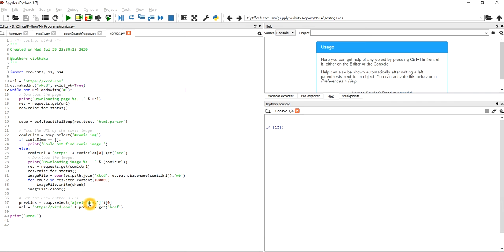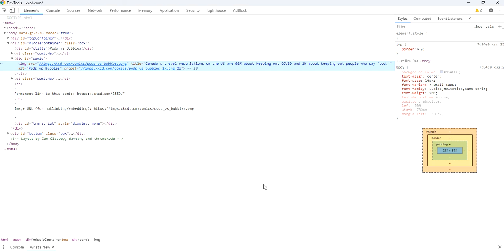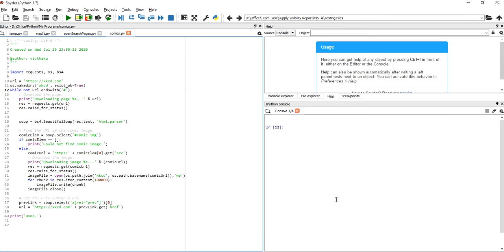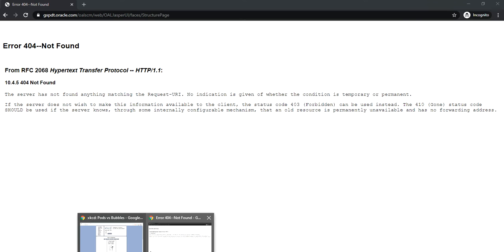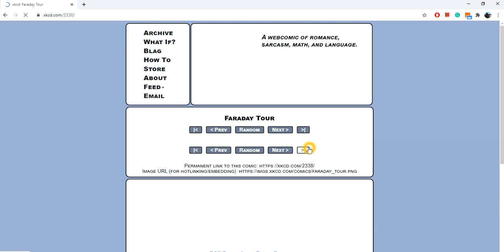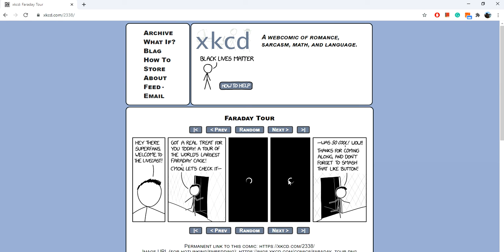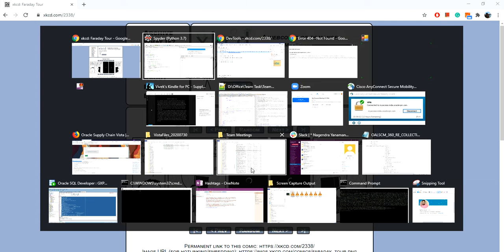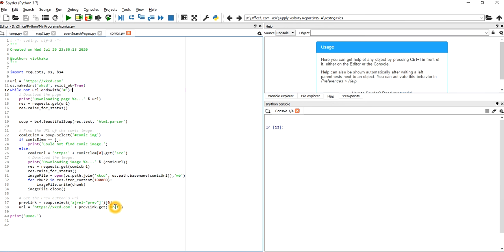And actually, when I was going through the code, I was a little bit skeptical about this when I was learning it for the first time, about what is previous and all. It's nothing. If you see this, I'll just minimize it, and let me try to open this. Yeah, this is previous. So it will click this and it will go on this. Okay, so here it will go, and now basically you will get the URL as this one, and then again it will check if the URL ends with a hashtag, meaning it's an ID. It will again search for the image, it will again do the same operation.